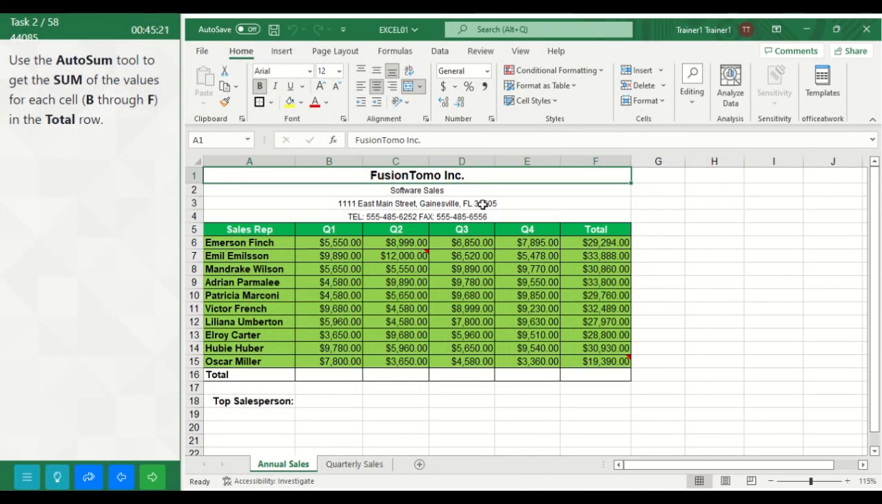Task 2. Use the Autosum tool to get the sum of the values for each cell B through F in the total row. So to do this,